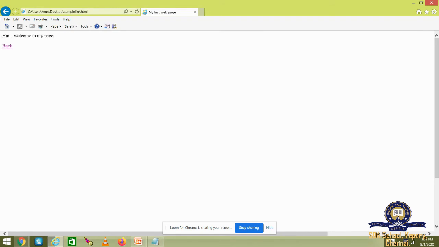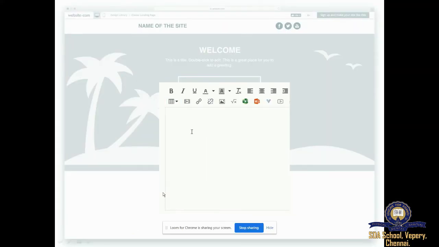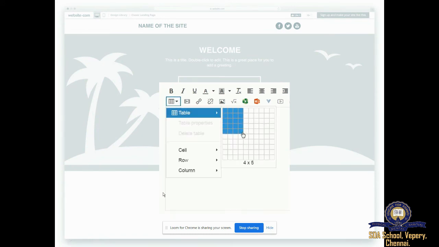You have a link called back. So when you click on this back, it will move to your first page. When you click to go, it will go to your second page where it is linked. So whatever link you are giving, don't forget to give correctly the name of the page where it is to be linked. So that's all with your link section. This is very simple to use.